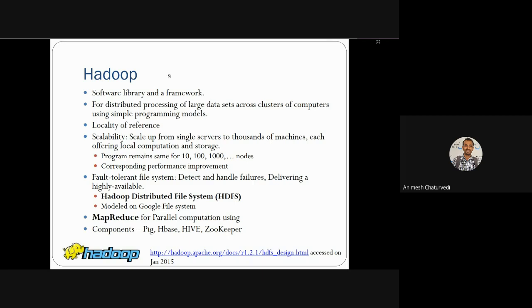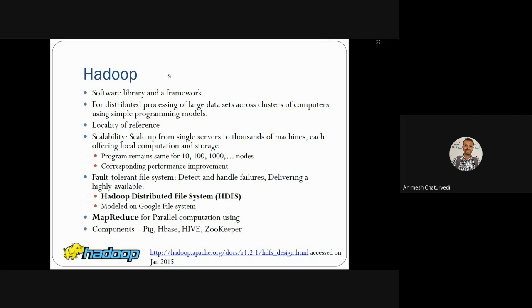Then the Hadoop Distributed File System, HDFS, could be the distributed file system where the processing is actually taking place. It is modeled on the Google File System. HDFS is based upon the Google File System, which came earlier as compared to HDFS.